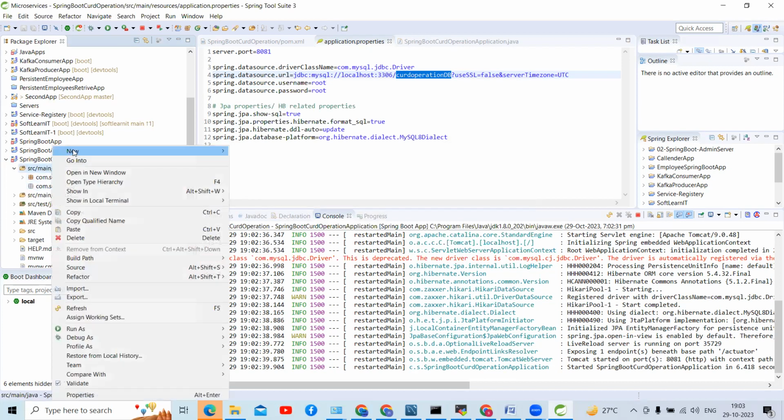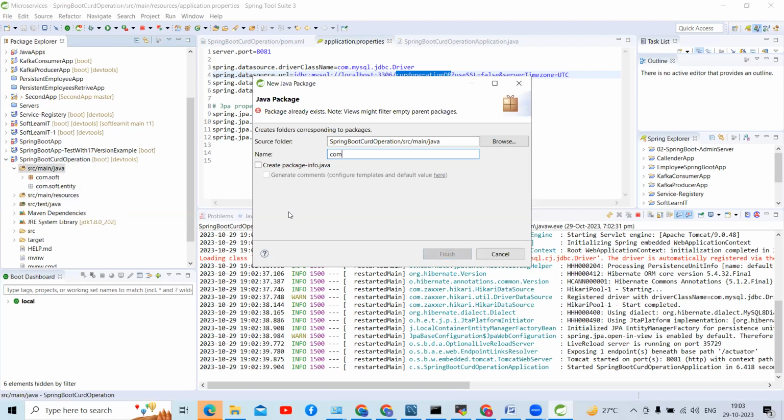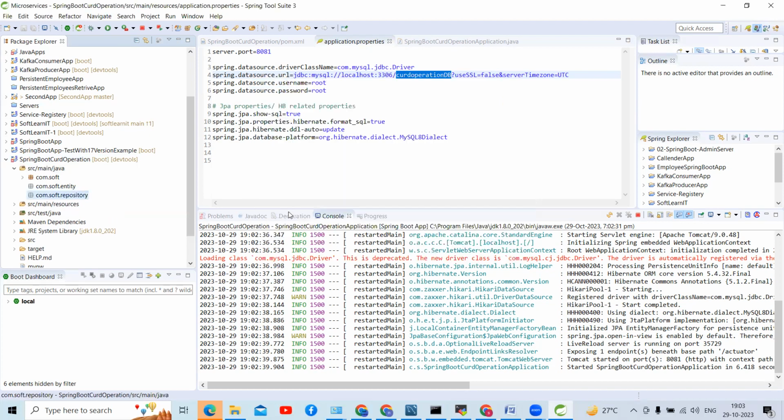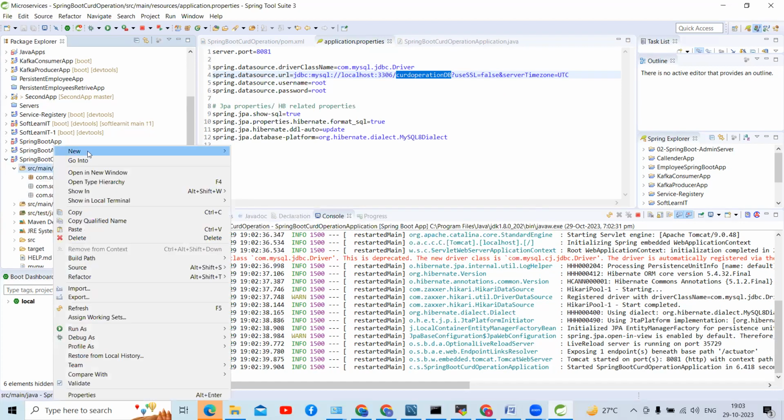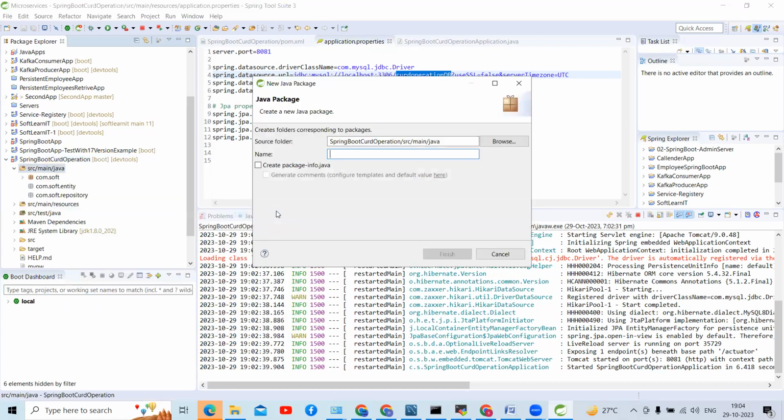After that, one more package I need to create, that is repository: com.software.repository, right? I created it, and I'm going to create all the packages first, and after that I need to start the coding, right? For that, I'm going to create one more package, that is